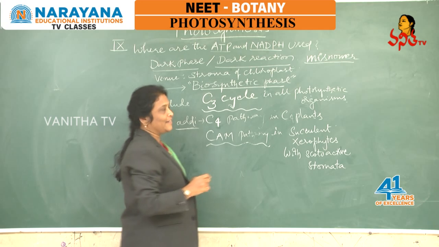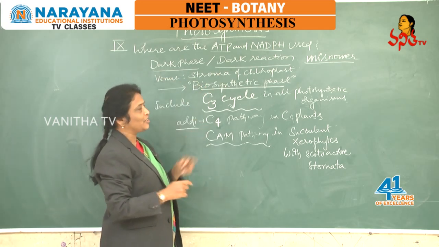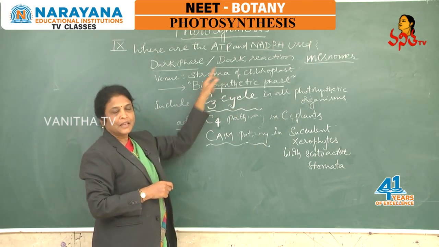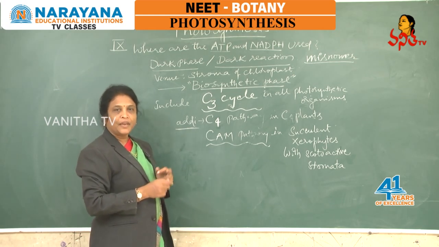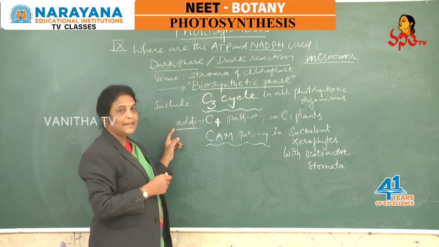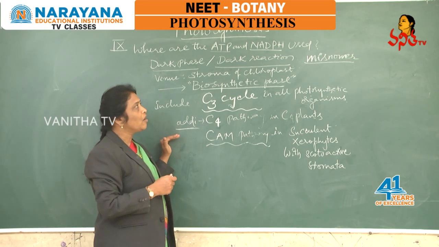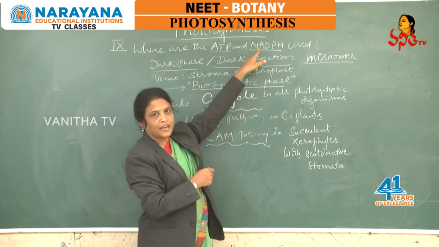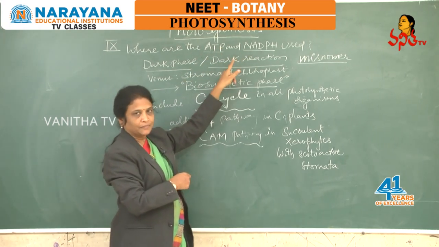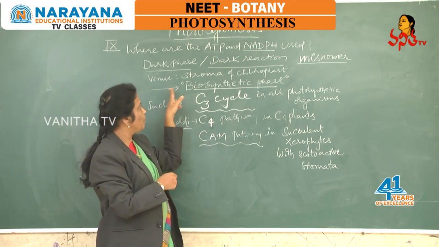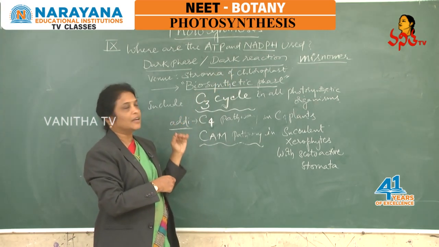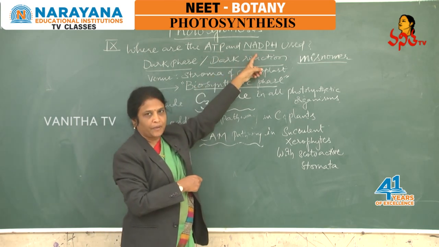So, why is dark phase or dark reaction considered a misnomer? Because dark phase or dark reaction occurs independent of sunlight, that means it occurs either in the absence of sunlight or in presence of sunlight. So, that is a light independent process, but it depends on the products of light phase reaction. What are the products of light phase reaction? ATP and NADPH, and that is assimilatory power. So, to perform dark phase reactions requires the consumption of ATP and NADPH.